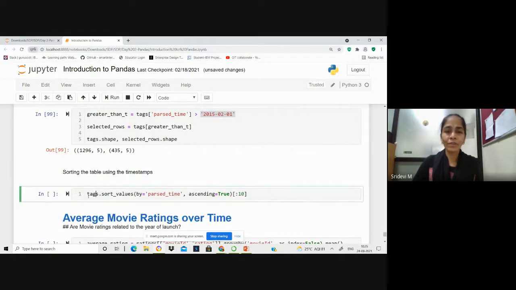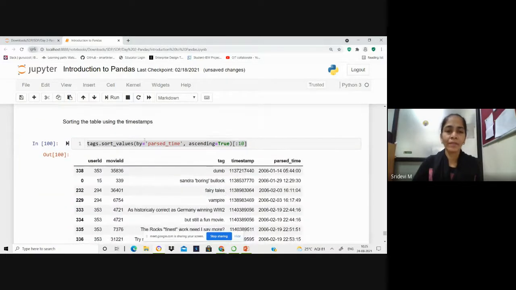Now when you want to see those values, you can give this command: sort the values by parse time.